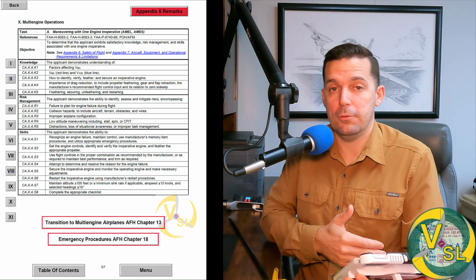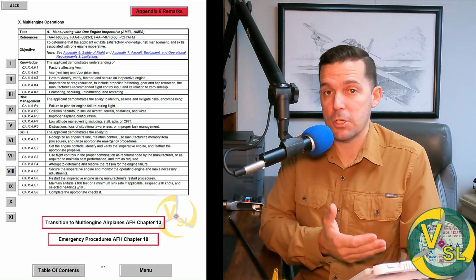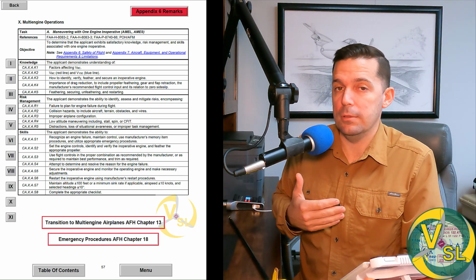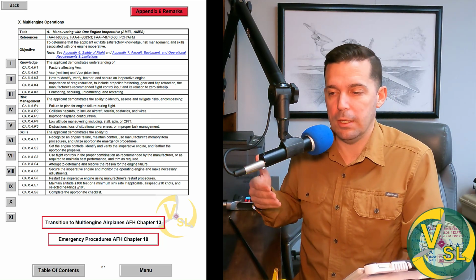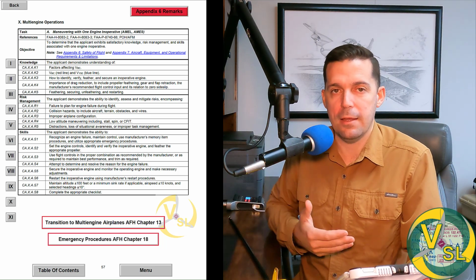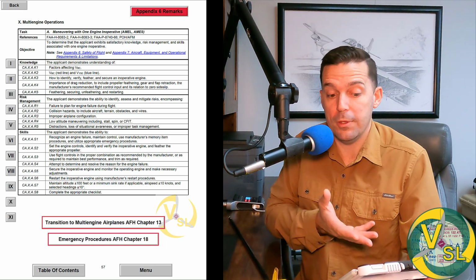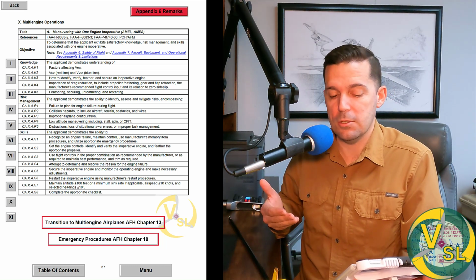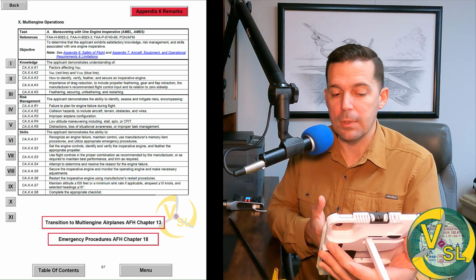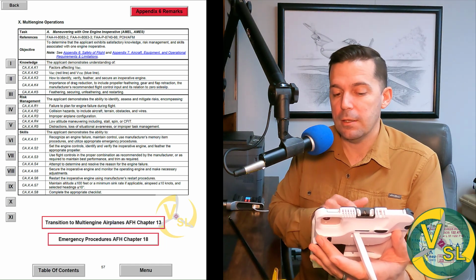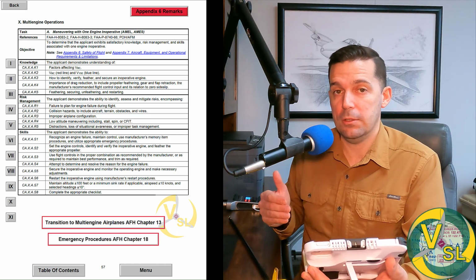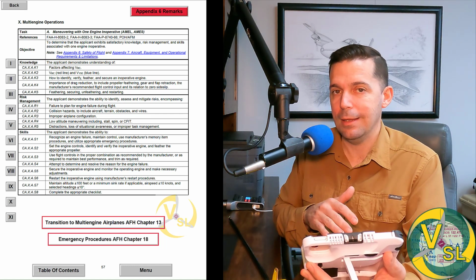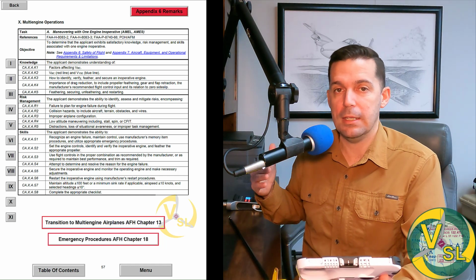So the plane you're flying should have some sort of air start checklist. If the manufacturer doesn't have one, your flight school needs to have developed one. But in all of my experience, the light twins have some sort of air start procedure for this reason, right? So we're going to go through that air start procedure, and we're going to restart the engine. Now, during this time, we want to maintain plus or minus 100 feet or minimum sink rate. That's a very important "or,"